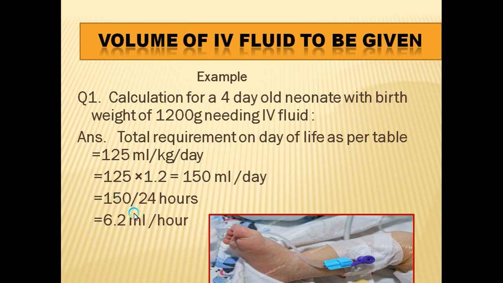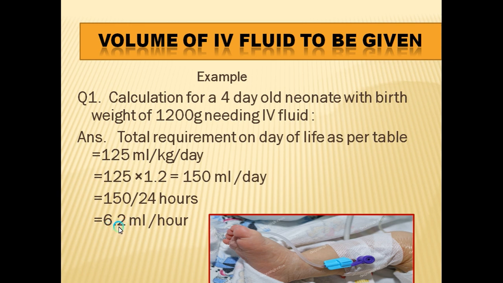So one thing to remember is whenever your answer is in decimals, decimal means the part after the point, okay, 6.2, 6.3, whatever it is. For example, if it is 6, we will get answer from 6.1, 6.2 like this till 6.9. So we have these variations. If your answer is 6.1, 6.2, 6.3 and 6.4, then we need to give 6 ml, that is 6 drops per minute. Suppose if your answer is 6.5, 6.6, 6.7, 6.8 and 6.9, then we need to give 7 drops.